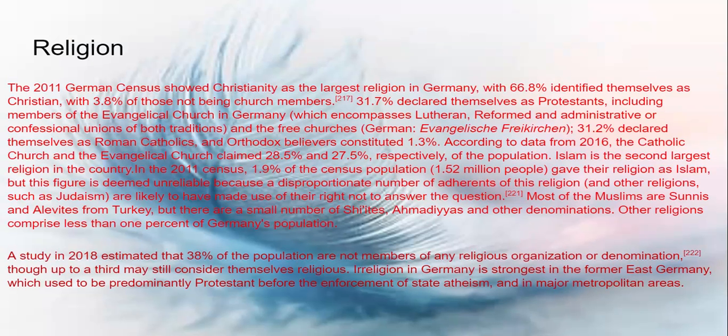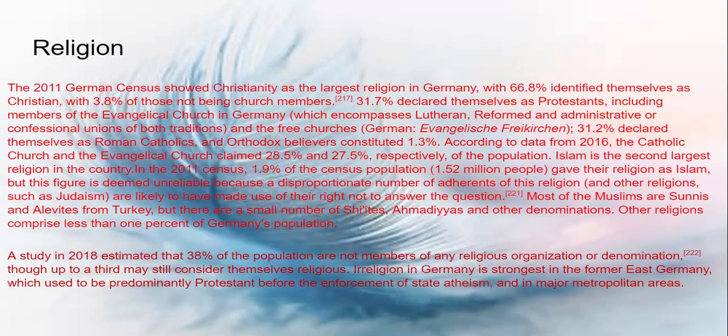Okay, in Germany, which encompasses Lutheran, Reformed and administrative of Confession Union of both traditions and the free churches. 31.2% declare themselves as Roman Catholics and Orthodox believers constituted 1.3%. I guess mostly like Russians, I guess. For a while I was about to say Poland, but Poland is actually Catholic. According to the data from 2016, the Catholic Church and the Evangelical Church claim 28.5% and 27.5% respectively of the